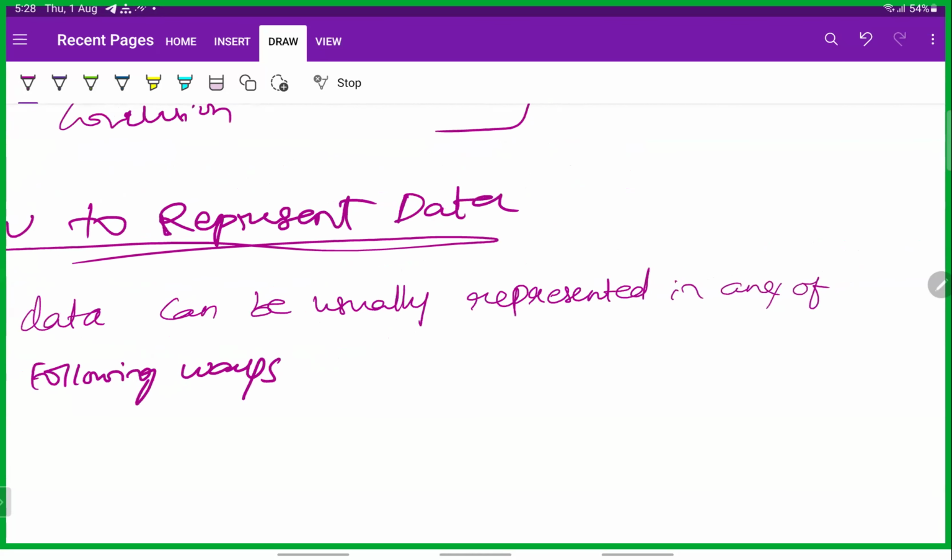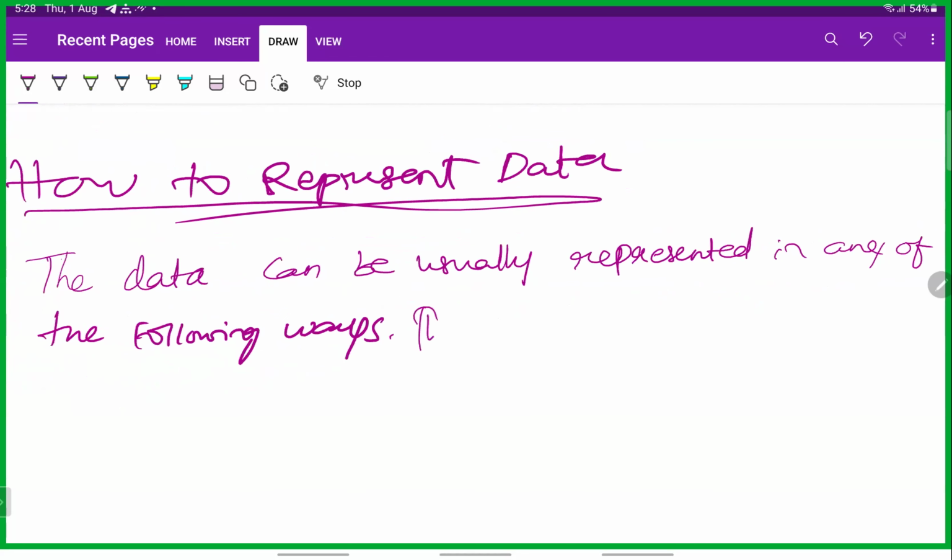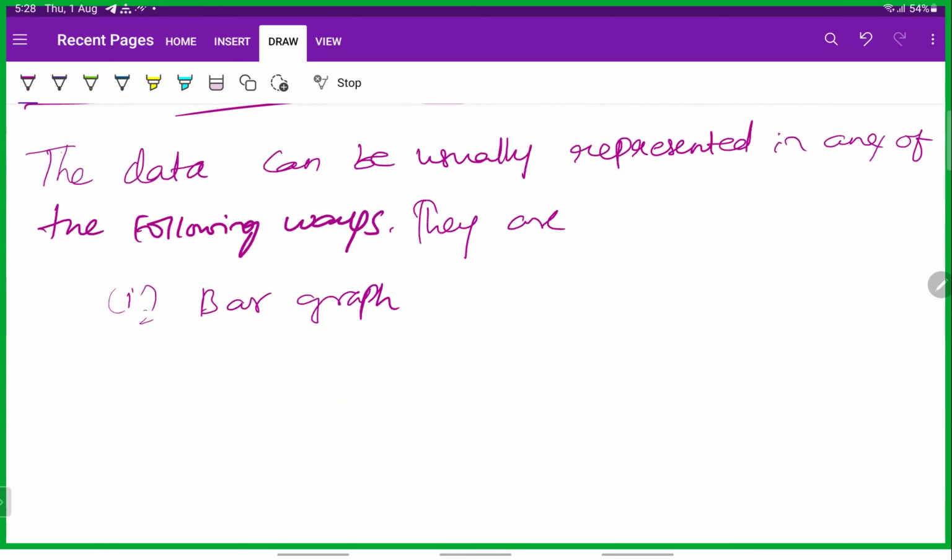They are bar graph. Please copy the notes simultaneously. Line graph, pictograph,